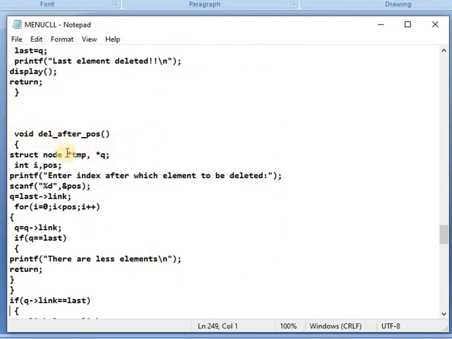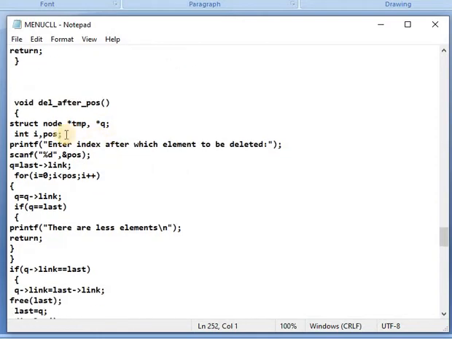While del after position, you want to delete at a particular position. At that time the message will be displayed: the index after which elements are to be deleted, and that will be stored in a position variable.